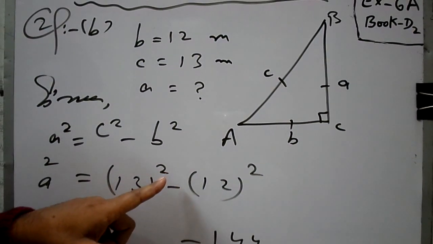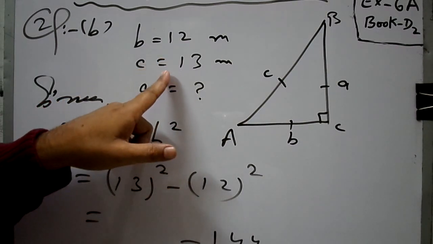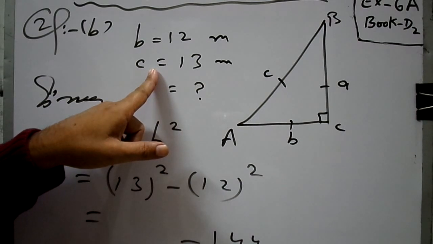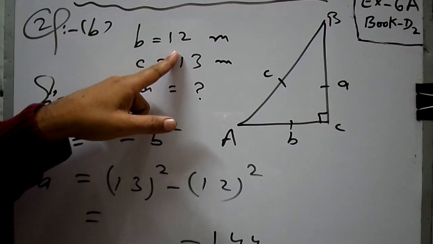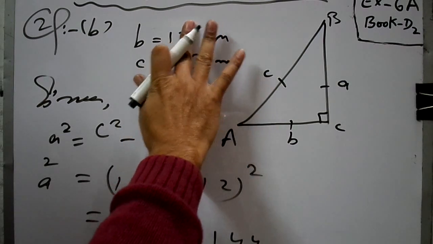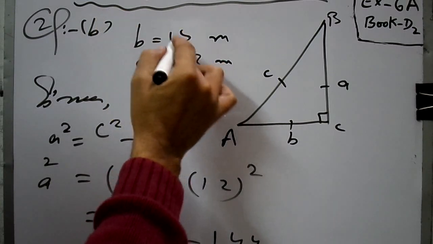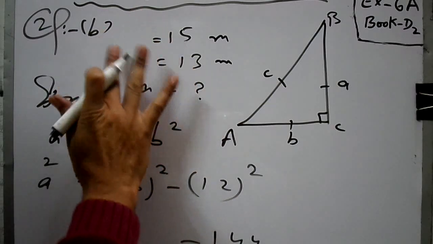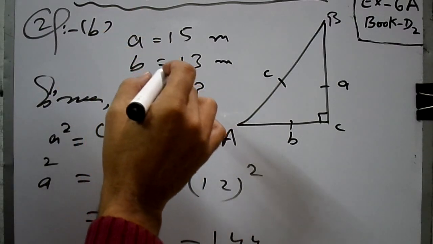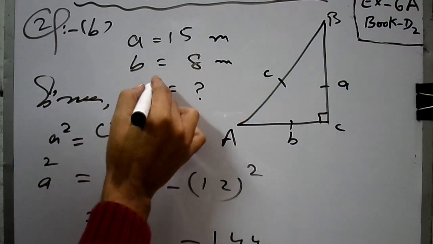The value of A is 15 and the value of B is 8, but we have written a question C part, that is the value of B is 12. Okay, we have to solve part B again, that is, the value of A is 15 and the value of B is 8. So we have to find the value of C. So once again